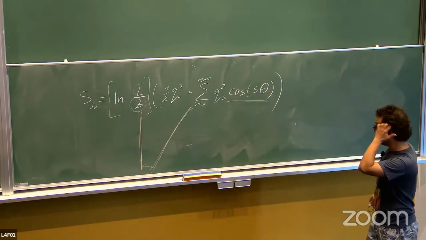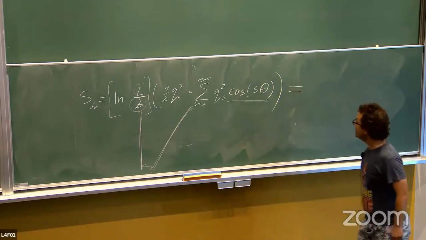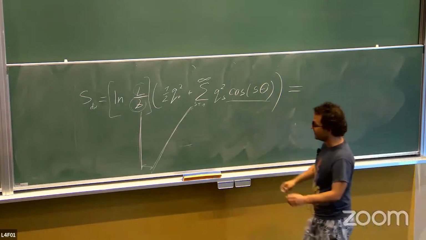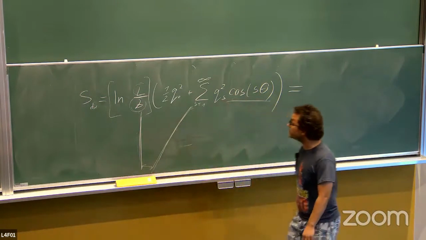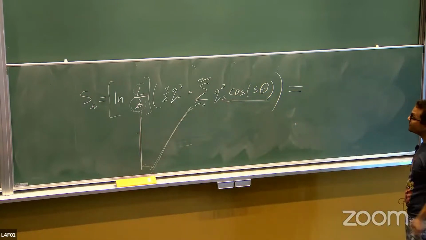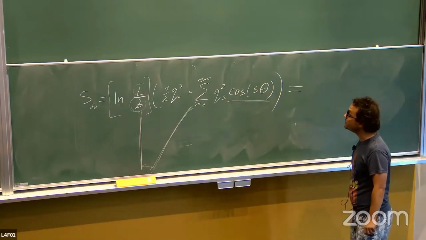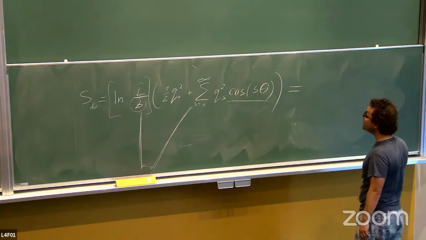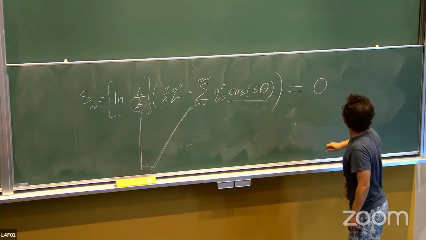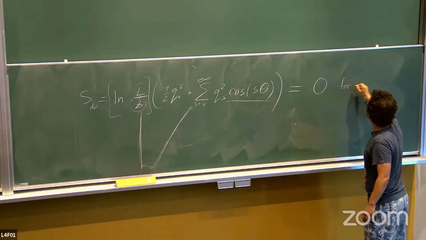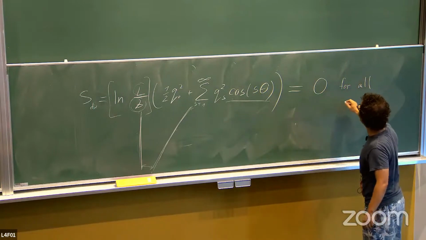Now, the amazing fact about the particular pattern of charges of the Didenko-Vasiliev solution of the Higher spin BPS is that this turns out to be 0 for all angles